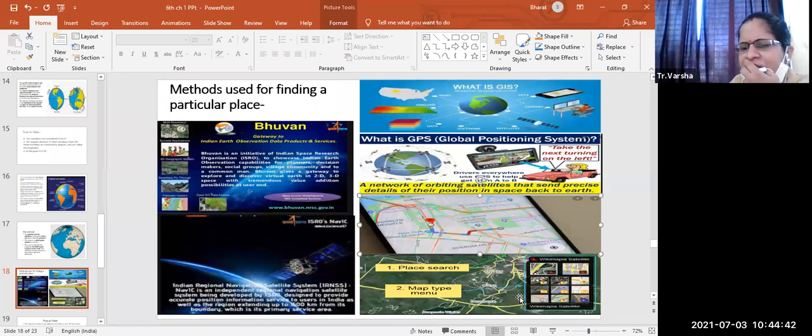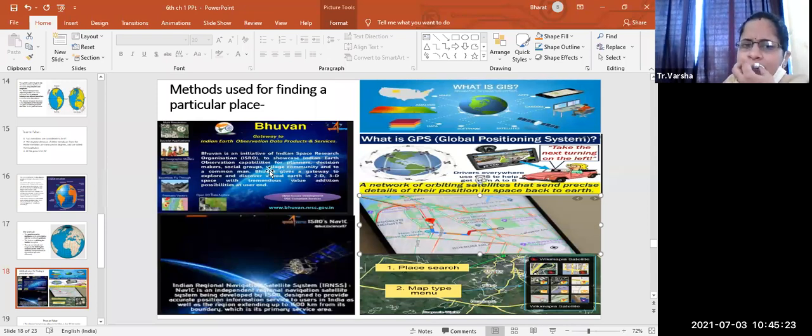So what we get, we have to write in Wikimapia. Wikimapia is one more thing. It is there in your mobile, and it is there in your laptop also. You can use it on many devices. There you have to write the place. You only have to write the place, and it is going to search, and you will get the information about it. Same for the map. If you want to find any map of any particular area, you can find it on Wikipedia. It is a satellite which gives all the information about it.